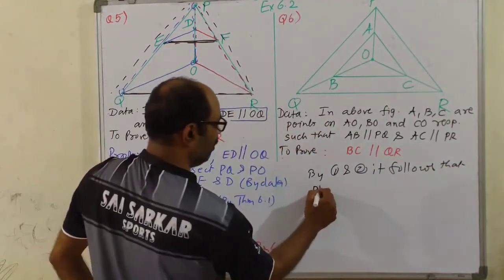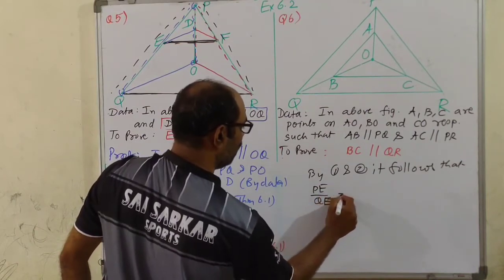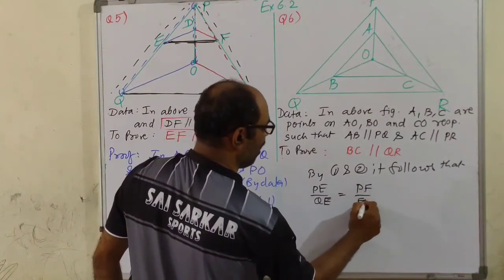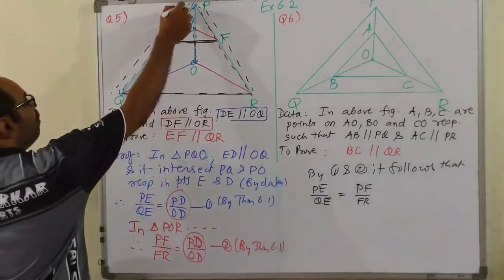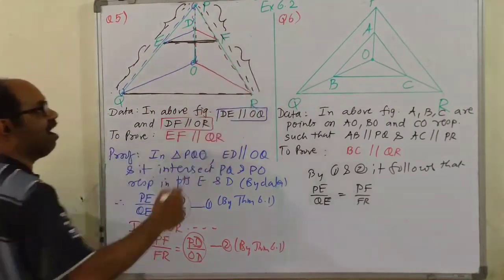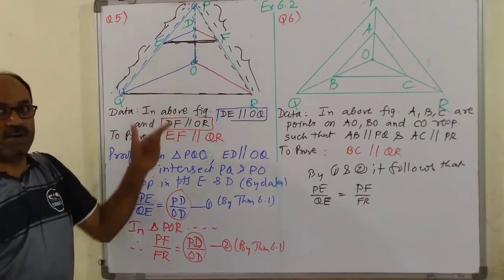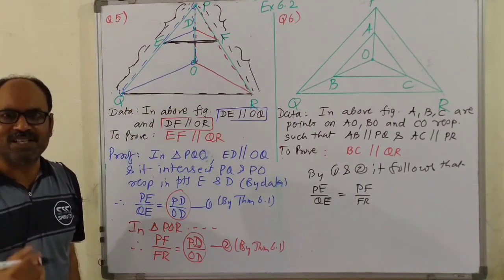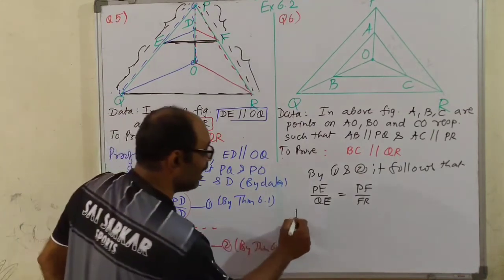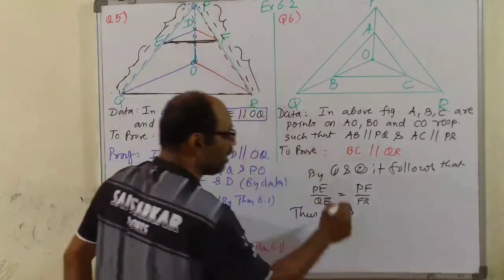PE upon QE is equal to PF upon FR. Children, PE upon QE is equal to PF upon FR. You got that? And you have to prove EF is parallel to QR. Use theorem 6.2. Alright. So we can say, thus in triangle PQR,